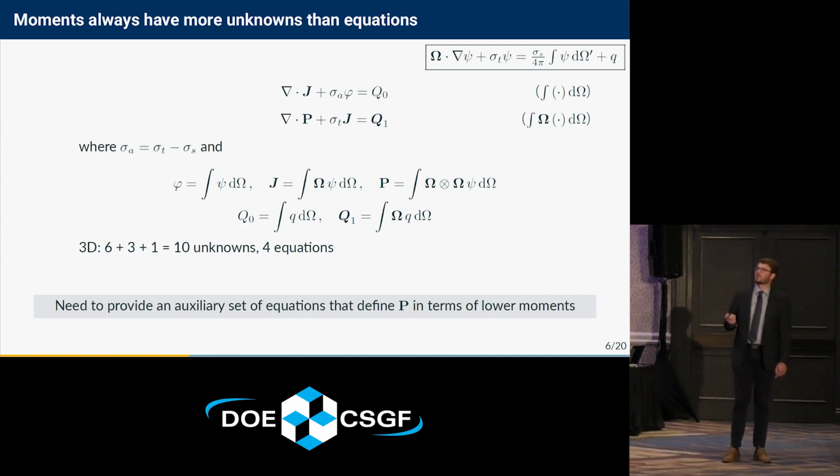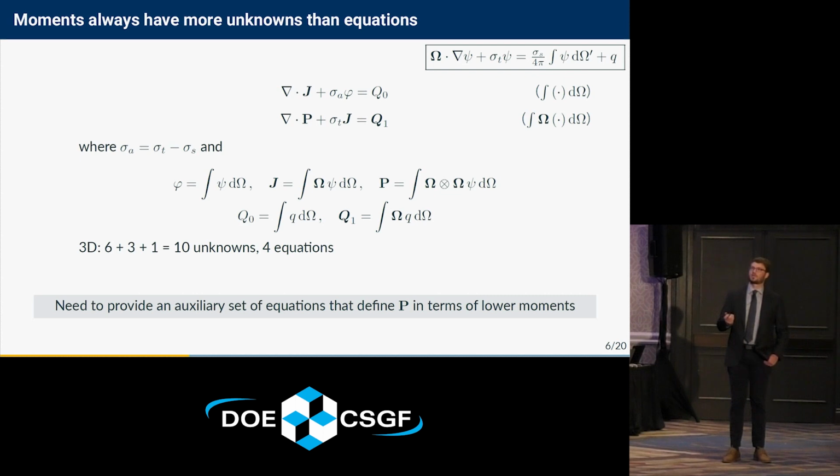And if we first multiply by the angular variable and then integrate, we get the first moment. And this is all just definitions. I'm just defining this phi to be the 0th moment, j to be the first moment, and p to be the second moment, with these q's being moments of the fixed source over here. And so now we see that we have a scalar, a vector, and a symmetric tensor as unknowns, but we